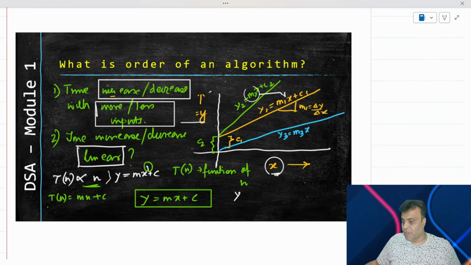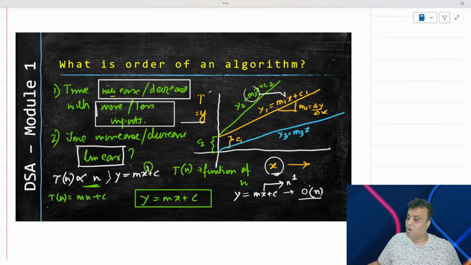So if I have the time taken by the algorithm following this particular curve, I can say that here the power of x is actually 1, and hence I will represent my algorithm as an order of n, because x is represented as n and n has the power 1 in this scenario. Hence we have the time complexity of this algorithm as an order of n. The more you increase n, the more the algorithm time will increase in a linear manner because it is order of n.